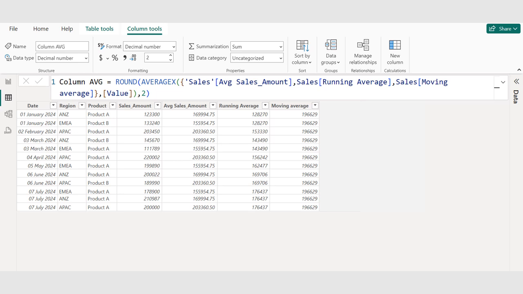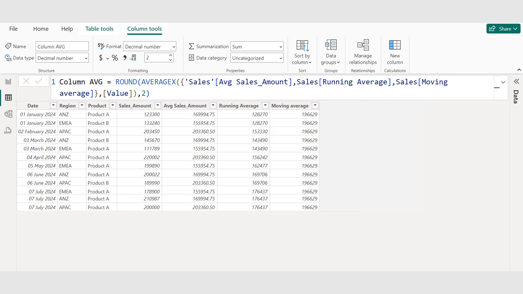Within flower bracket, enter average sales amount column, comma, running average column, comma, and moving average column, comma, enter